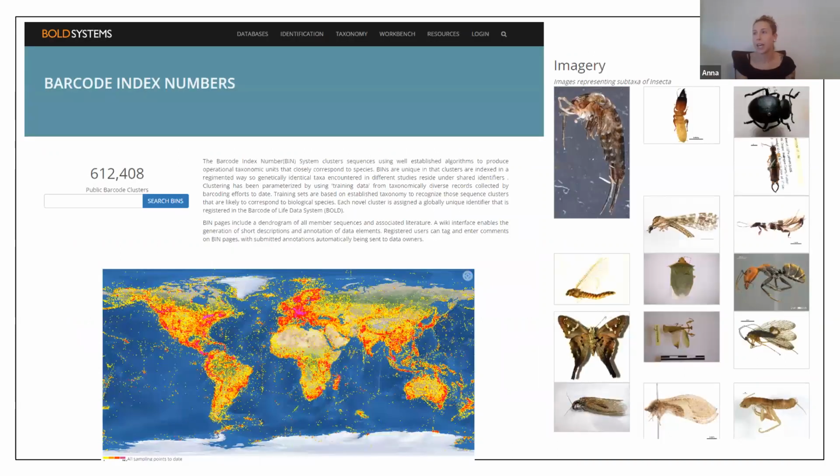And now we're developing these massive reference libraries such as BOLD, where we can pair those DNA barcode sequences with vouchered specimens in museums. And then when you're conducting one of these studies and you sequence all your specimens, you can then take those sequences and compare them to these databases and really quickly get a sense of those compositions without having to do all the laborious taxonomic work first.